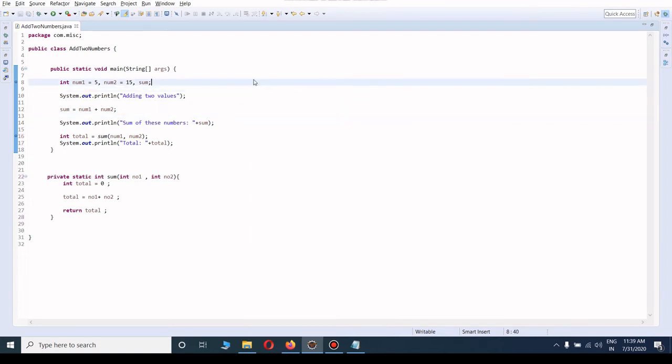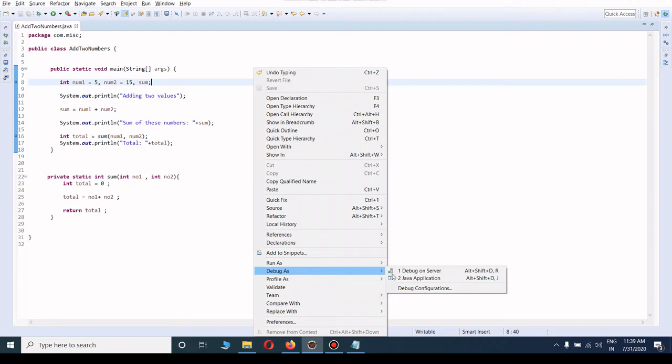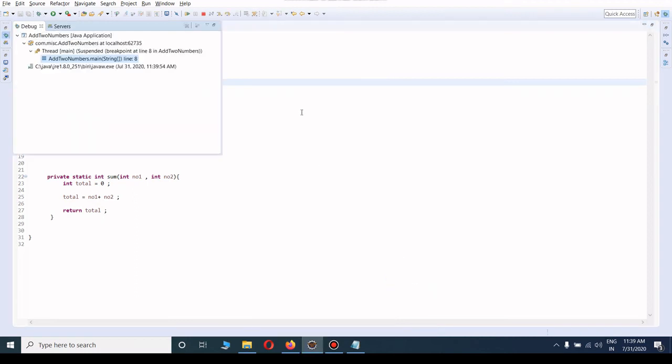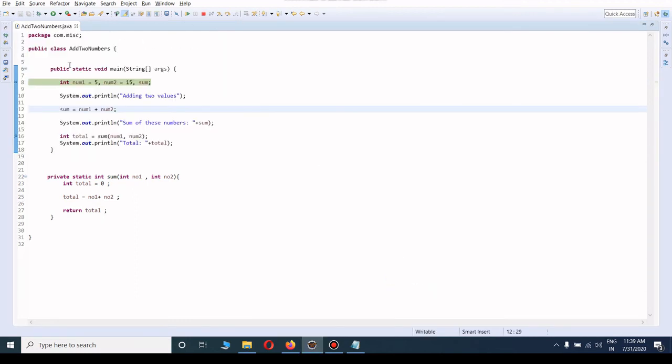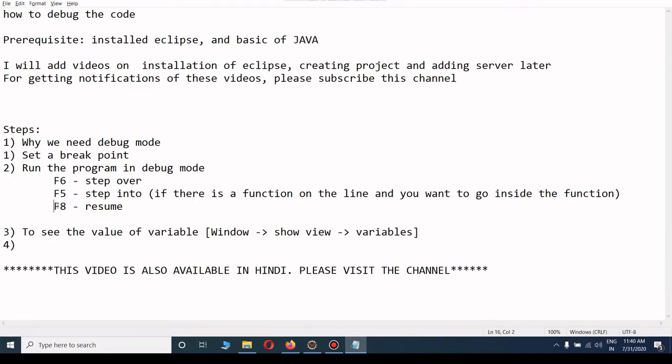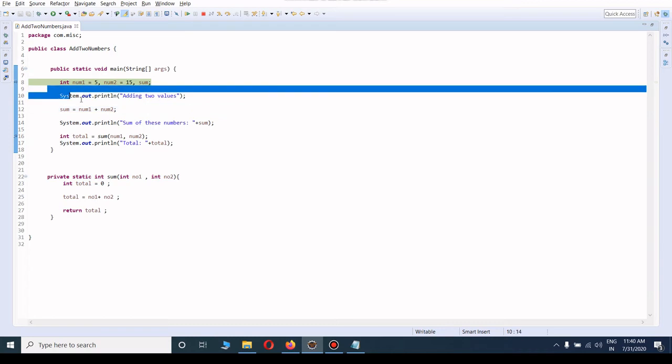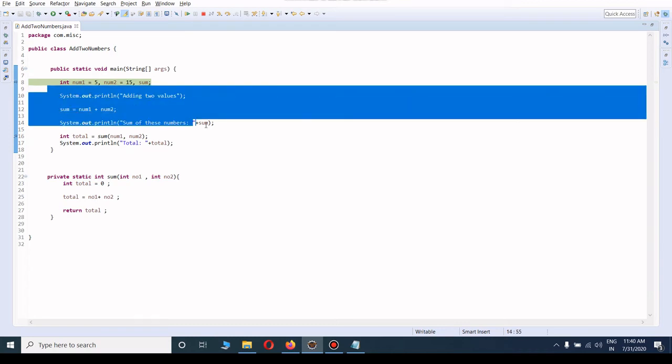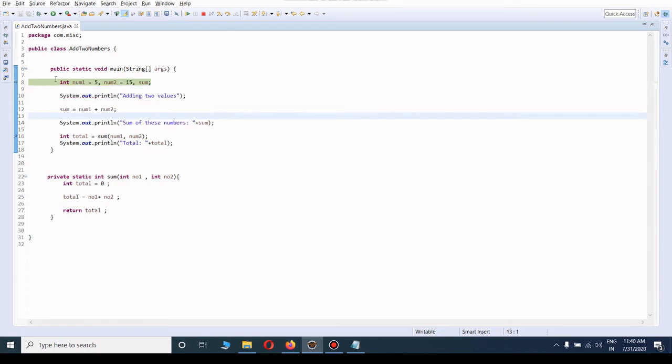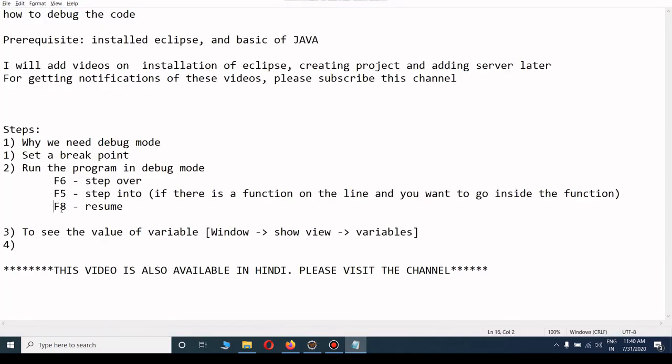Let me save the program. Okay, debug as Java application. When I run this code in debug mode, my execution will stop at line number 8. Now I don't want to go through the steps line by line, so I want to go directly from here to line number 16. So for that we can use F8.